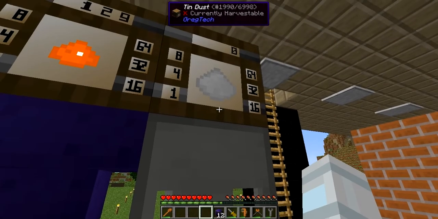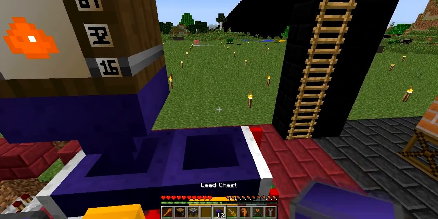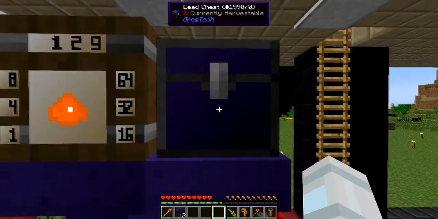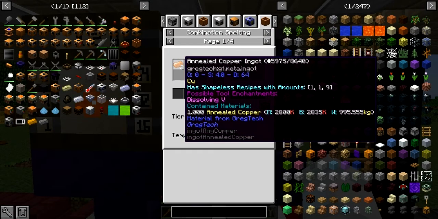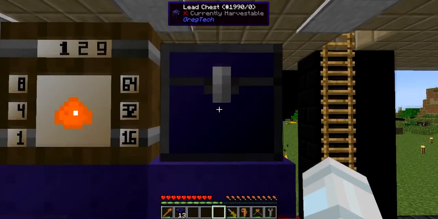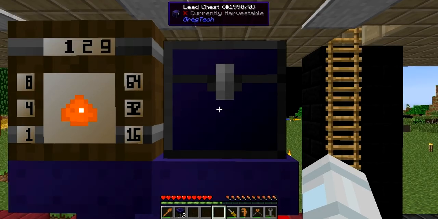Just a quick thing before I move out to the next automation is that instead of using the dust funnel and item barrel for the tin, if you use a lead hopper and a lead chest, you can actually have tin or zinc here, because brass is made from smelting the same amount of copper that bronze do, but with zinc you can make this become a bronze brass auto smelter, but then you're gonna have to auto feed the zinc and tin inside if you want to use it as that. Okay,